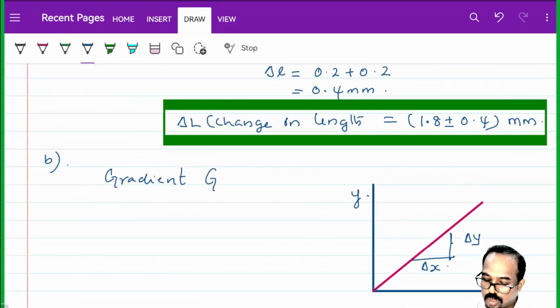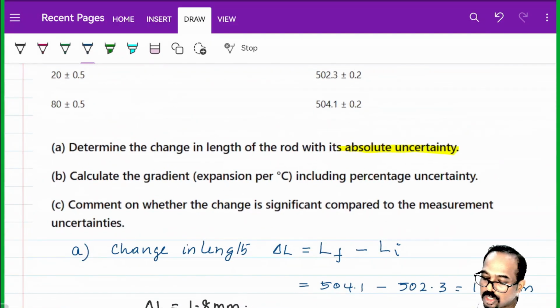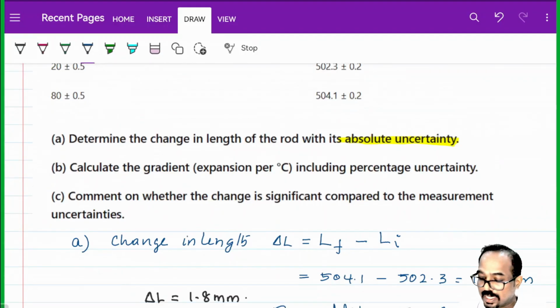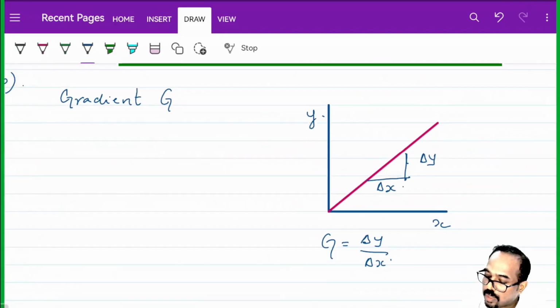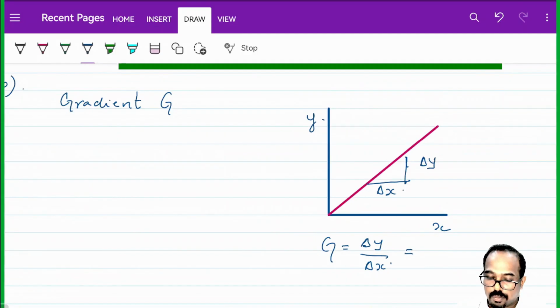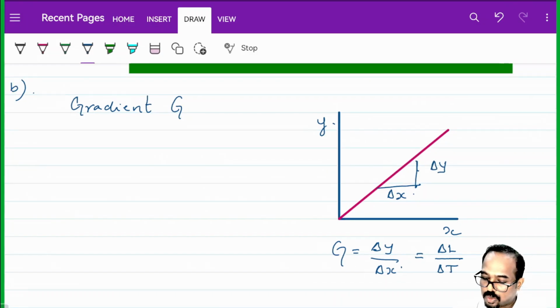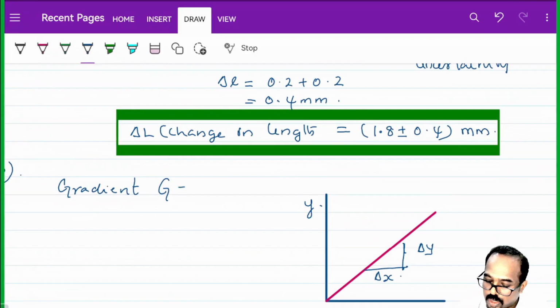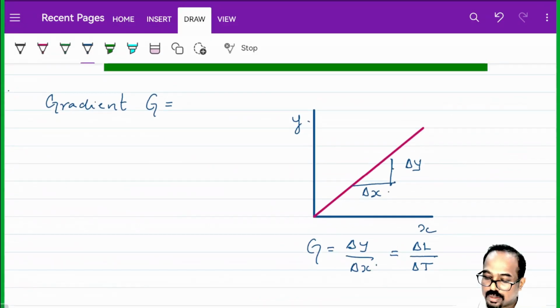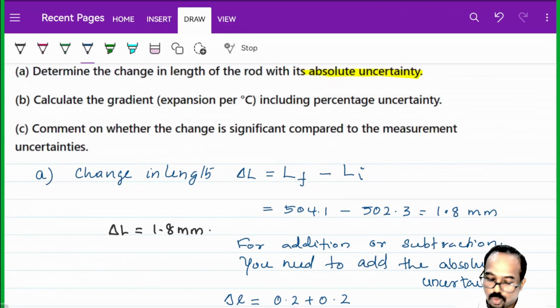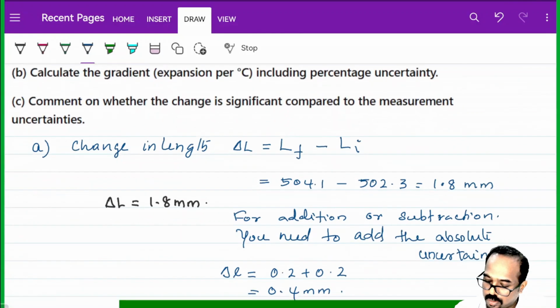Here they have specified in the question expansion per degree Celsius. So when you check the y-axis, what will you plot? Expansion, right? In the y-axis, what will you plot? Expansion. That means change in length upon delta T, the temperature change. So for the gradient of the graph, what is the change in length here? You already got it as 1.8 mm